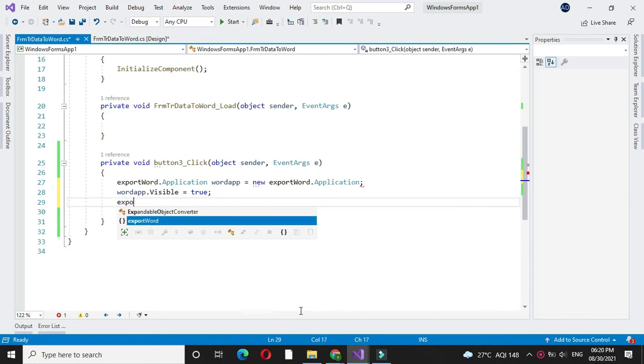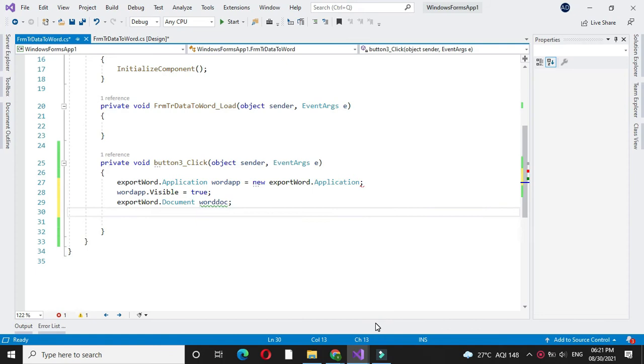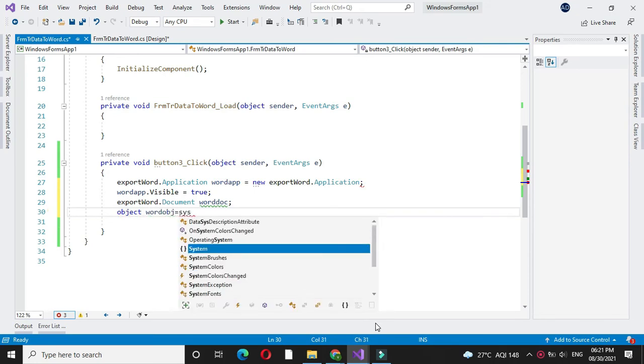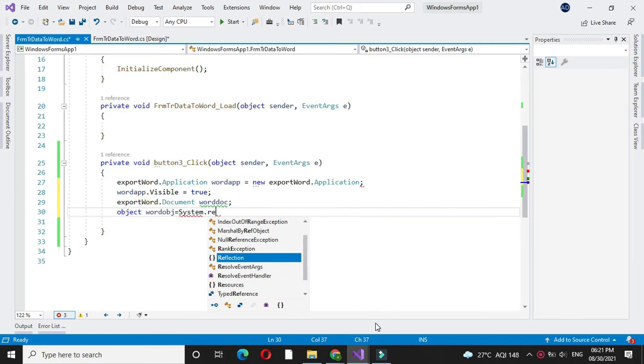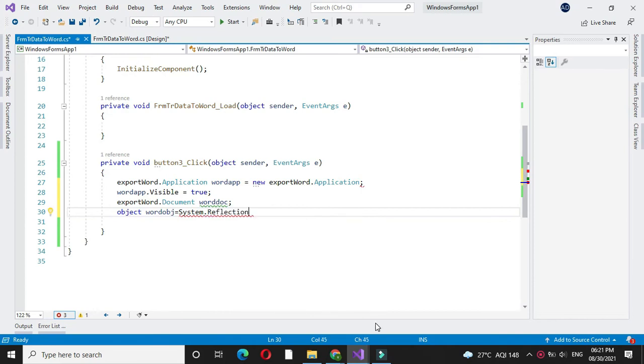Then we will use the command export word dot document as Word document. Then we will create object Word object equal to system dot reflection dot missing value.